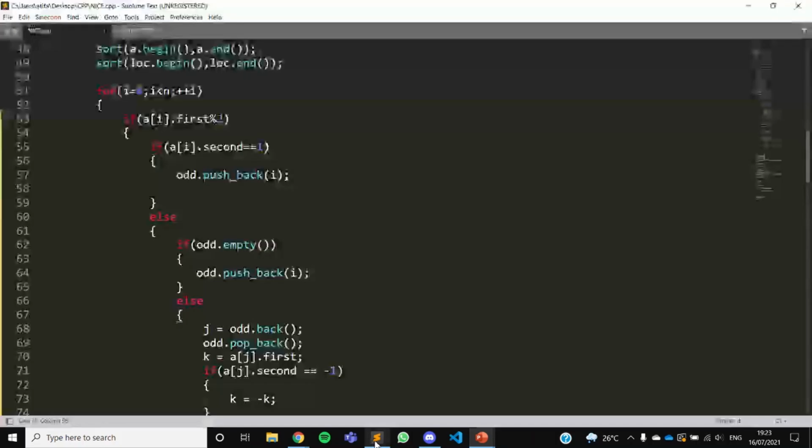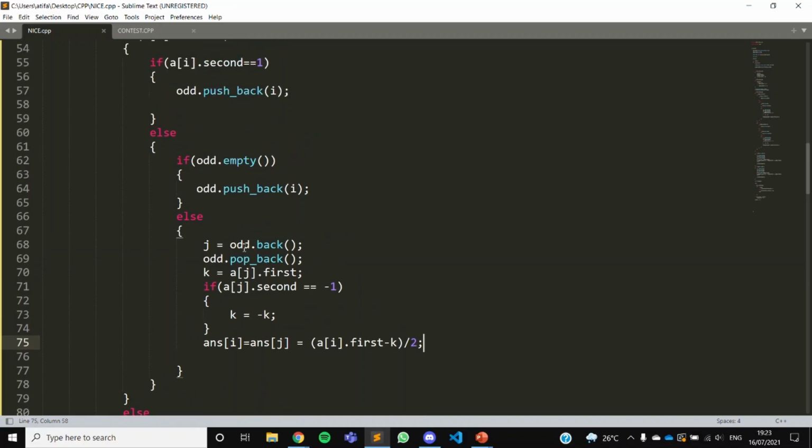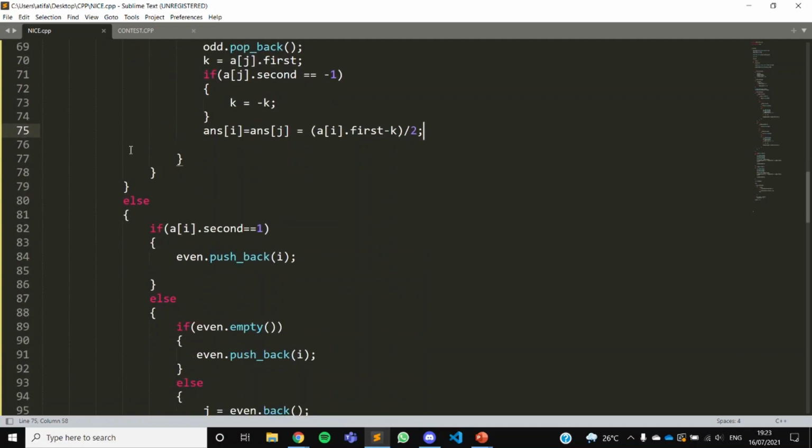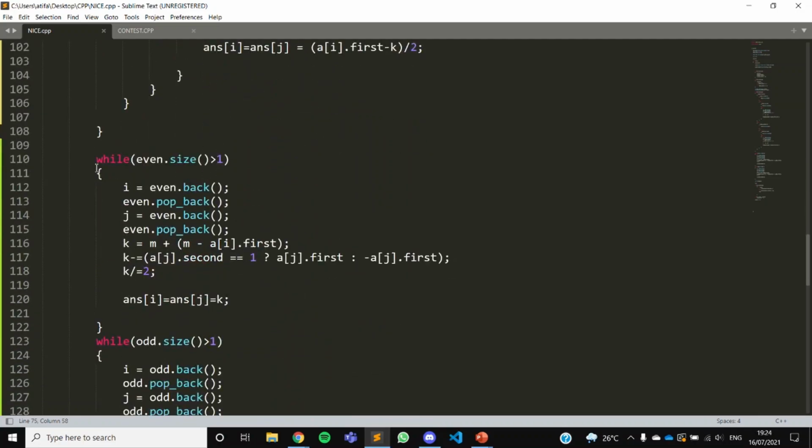So one second, let me go back to the code. After preparing the stacks and popping stuff from the odd and even arrays, now we see that if the size of the even array is greater than one, which means we have more than one robot, they are going to hit the wall, reflect, and then pop another one in the array. So till they are more than one, I'm going to take the last one, pop it, then take the second last one, pop it, and then find the time,